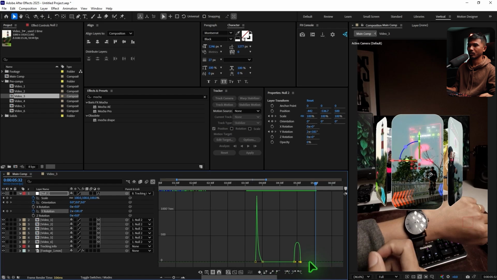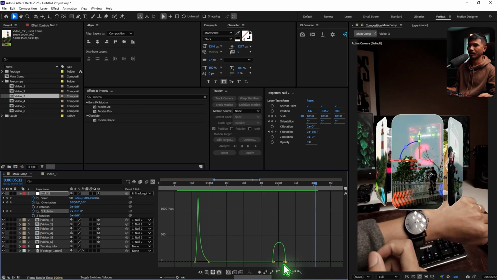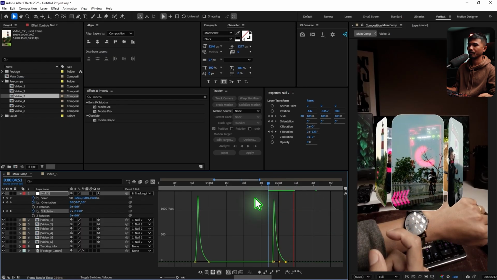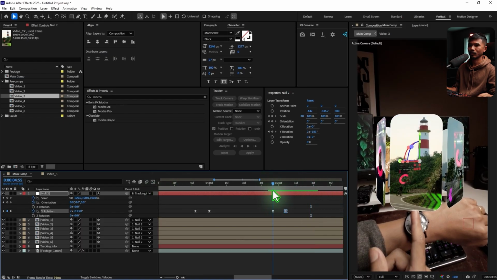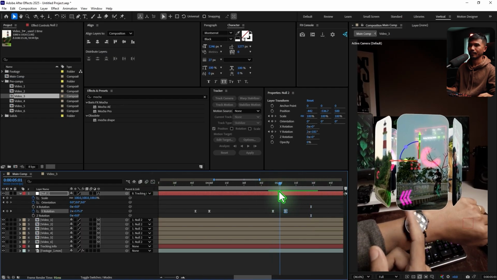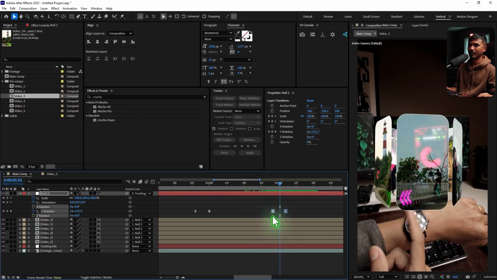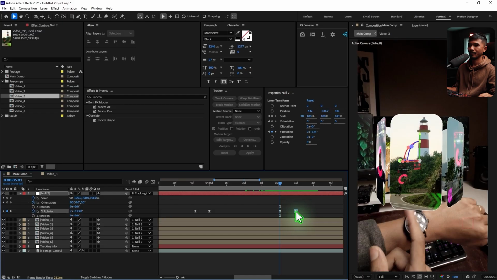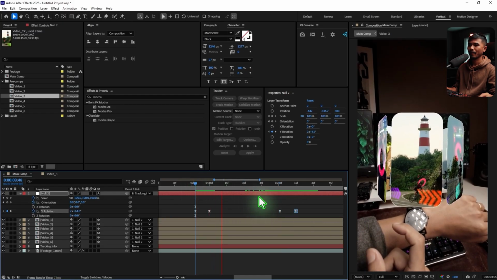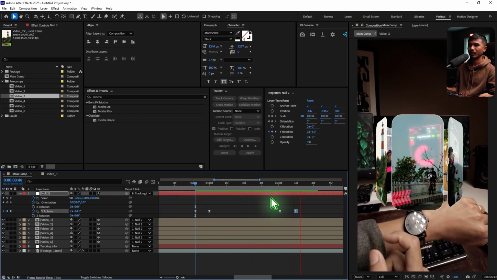Let's just adjust the keyframe here. Should be smooth, and the timing has to be perfect. Look at that. That's too fast here. Okay. All right, so